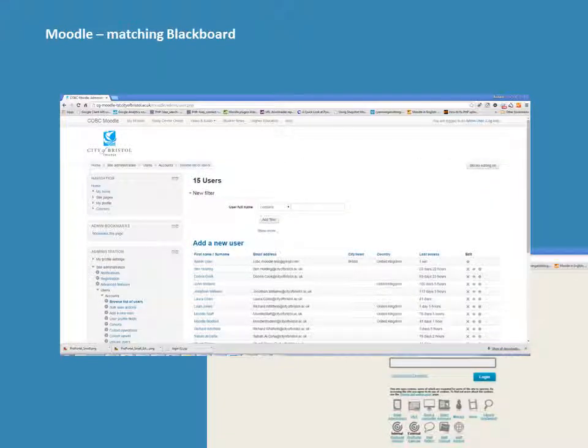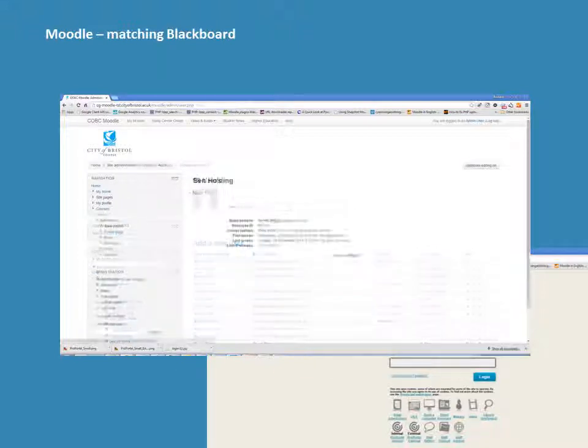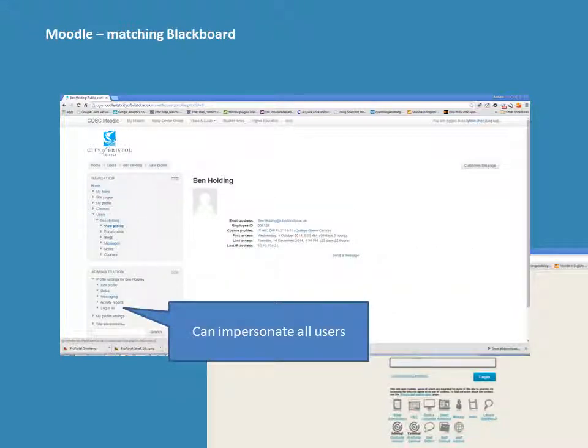Now you can see here I can go in and look at all the users who are on the system, and I can actually log in as one of them. I'm going to choose Ben because he very kindly has been testing out the Moodle installation in his role as a teacher at the college. He's got one of his courses up here, and he's been putting media up and testing it to see if he likes it, and it seems to be quite positive feedback at the moment.